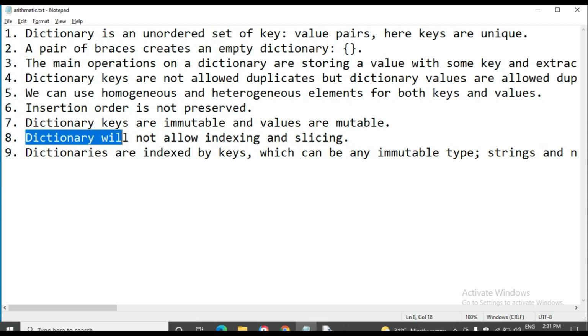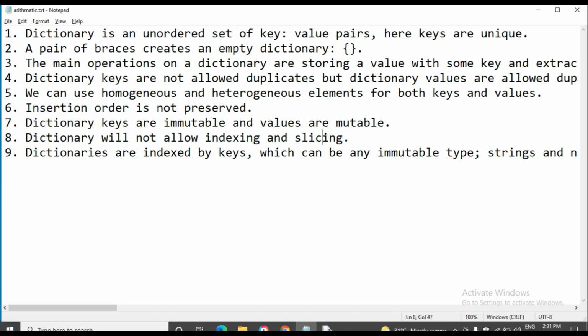So the dictionary will not allow indexing and slicing. Why? Because the insertion order is not preserved, so it does not have any particular unique index number.